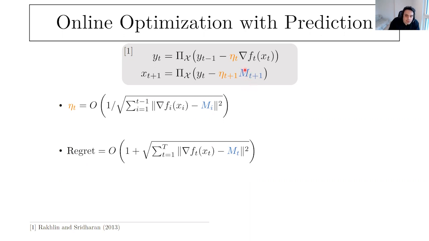Imagine that m, the character m, is exactly the gradient of the cost function that you have. Remember that here at t plus 1, you need the gradient of f at t plus 1. That's exactly the information that in the initial setting you didn't have. But let's say you would have it. If you would have this information, the regret becomes constant. So this term goes away fully, and the regret is constant. So it means that by having this information, you solve the problem without any regret up to a constant.